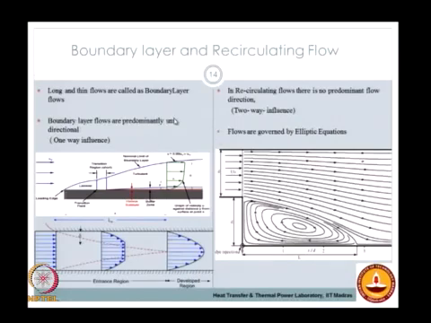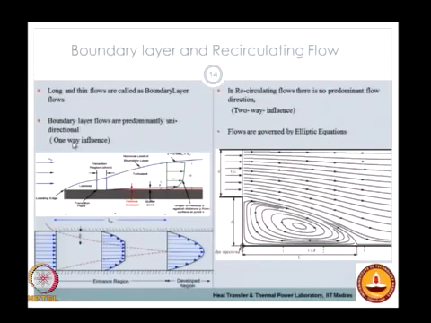So coming to the wall flows, again you can talk about two classifications. One is called a boundary layer kind of flow. As I said, due to the flow of fluid past a solid object, due to the difference in the momenta near the wall and in the free stream, you can have this rapid growth of a boundary layer where the velocity profiles keep changing at locations downstream of the plate. However, in this case you can clearly separate the region where the viscous effects are dominant within the boundary layer